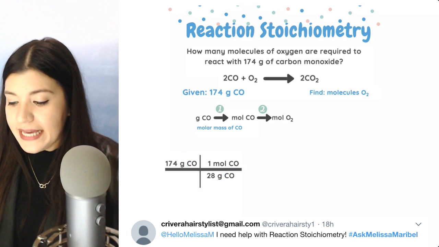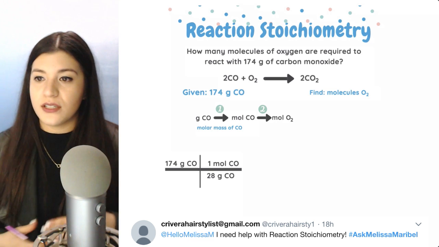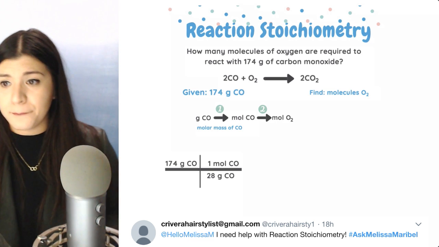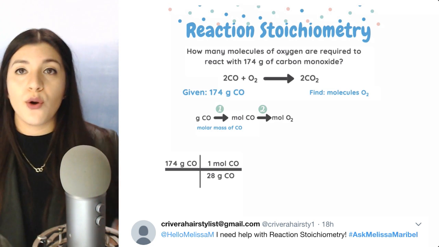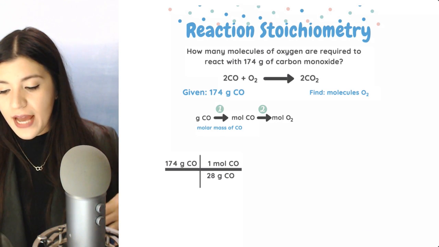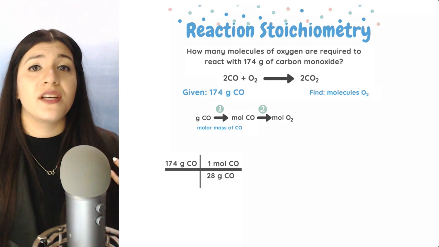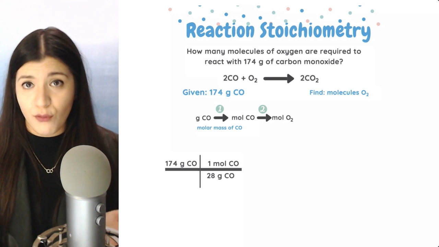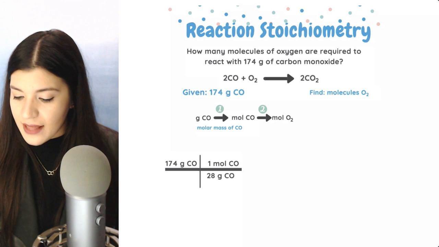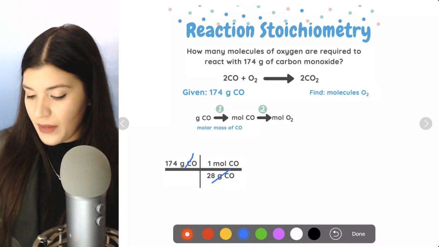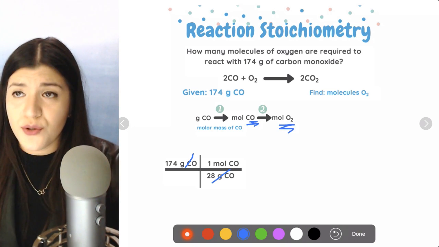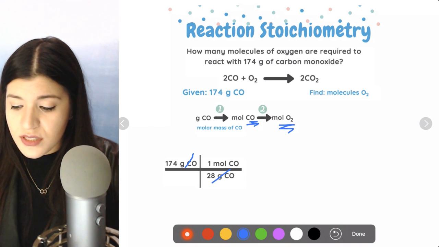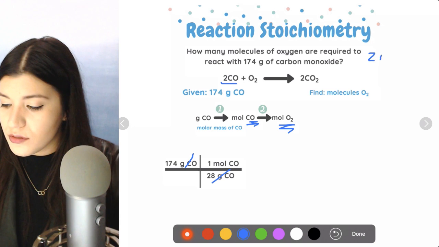Next, our second step, since we'll see we actually canceled out these grams and we're now at moles. Our next step is we want to get to moles of a completely different molecule here, and that's going to be O2. So we're going from CO to O2. So what we have to do is use a mole to mole ratio if we want to change the molecule overall, or the compound overall. So let's go back to our balanced equation. And if we want to go from moles of carbon monoxide to moles of O2, we need a mole to mole ratio. So our moles of CO would be 2 moles of CO per every